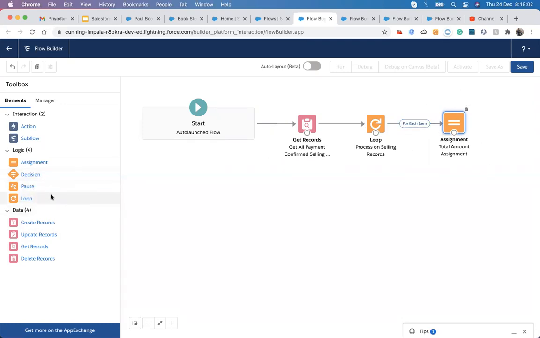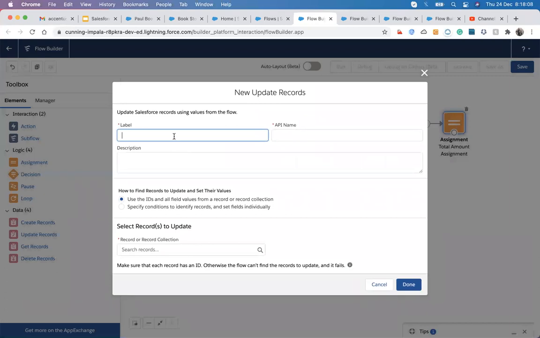Then I need to update that parent record, so I will use update total.